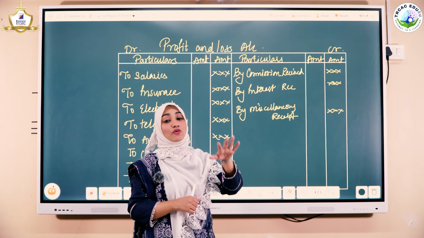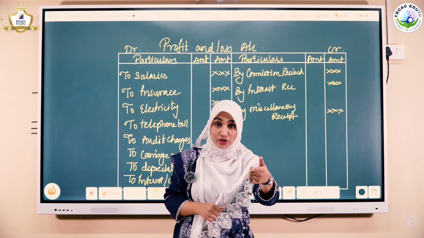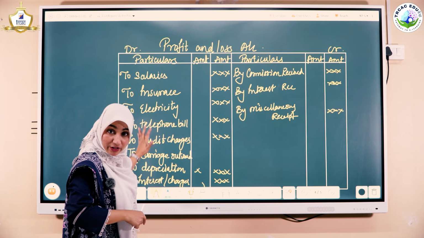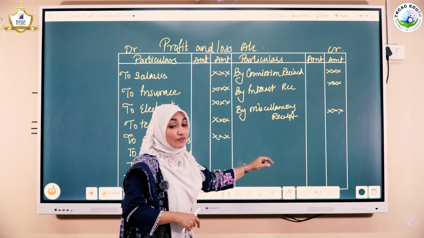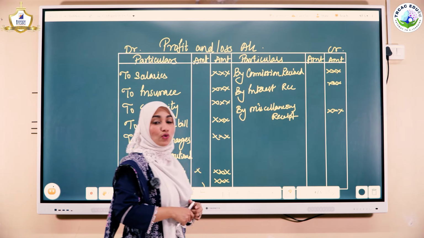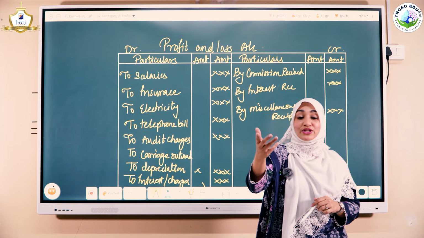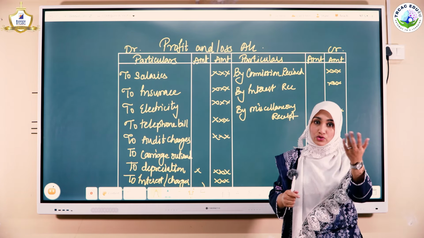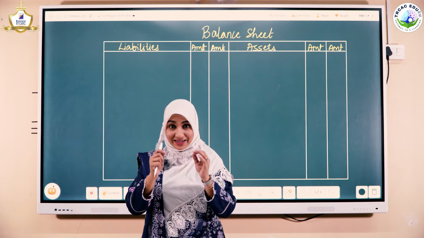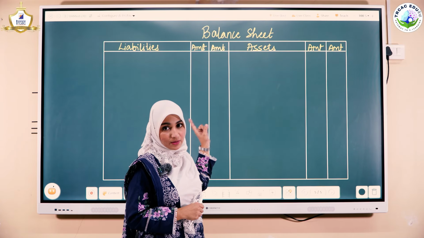So understanding profit and loss account is again easy. I will make you recall. In the debit side, we have all types of administrative expenses, and in the credit side, we have all types of receipts element. Clear? And now we will move to the last, that is the financial statement, balance sheet. So let us just go there. Now the important and the last financial statement, what it is, it's the balance sheet.